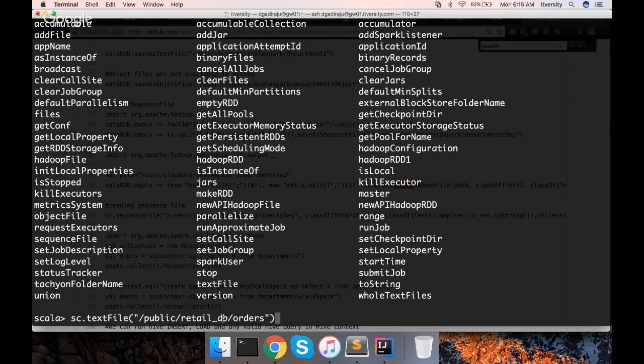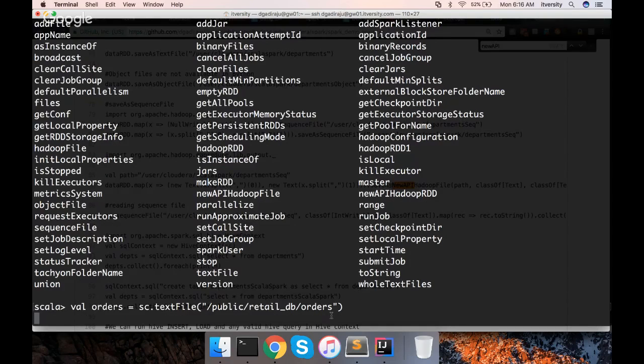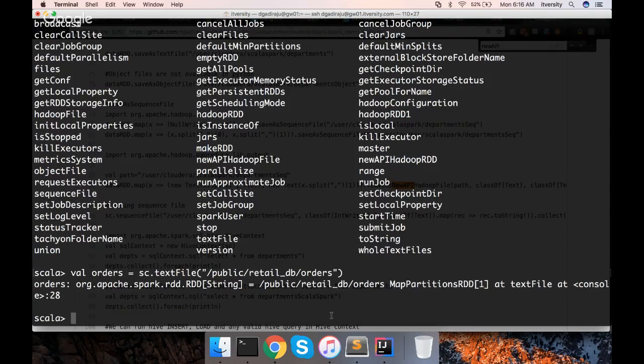This is how you can read files from a directory. Here I am saying val orders equal to sc.textFile. It will read all the files from this location and create an RDD. I don't want to get into what an RDD is at this time. It will just create an RDD, which is a distributed collection.